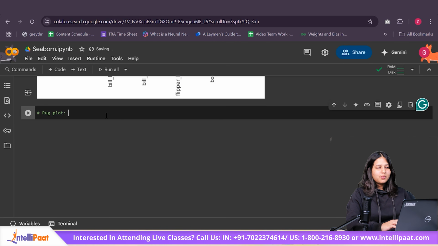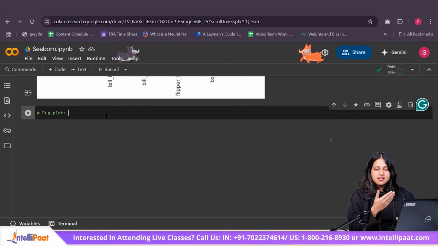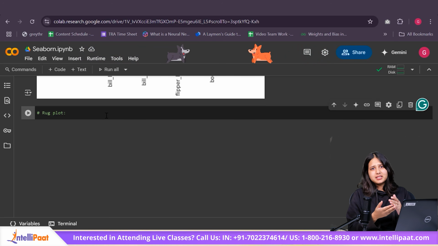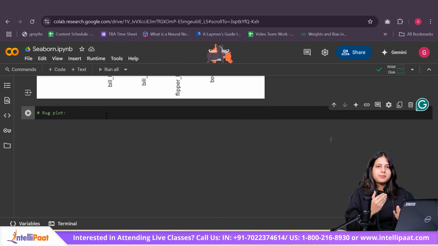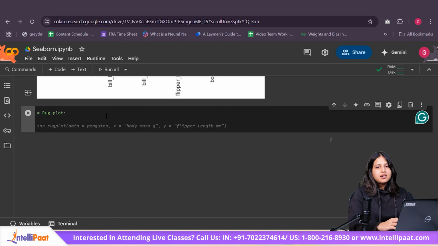This is a very simple plot that adds small ticks, or small vertical lines, along the axis that you define. And these ticks, like rugs, basically represent the different data points of your feature or your column. These rug plots are generally used along with histograms or KDE plots to give a little extra detail to your plot.